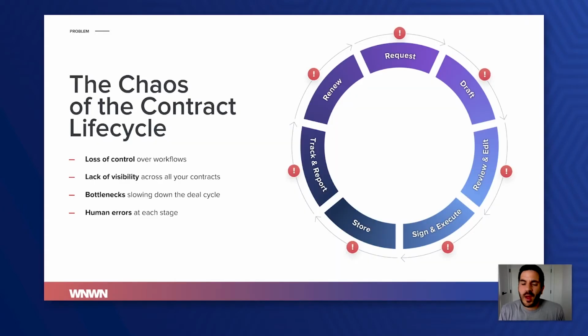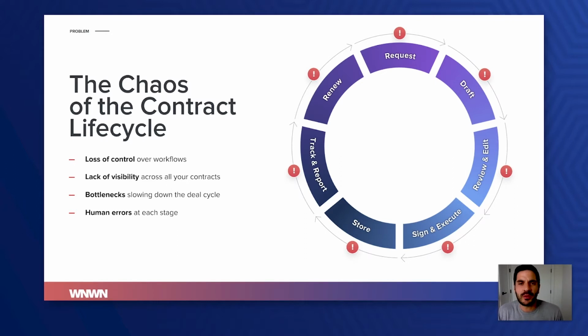So let me go back about 5 years. Outlaw's CTO, Evan Schneer, and I started Outlaw because we wanted to fix the chaos that happens within the contract lifecycle. As you might know, each of these stages can have multiple components, stakeholders, and workflows. When using manual or ad hoc processes to manage the lifecycle, legal teams experience a loss of control, lack of visibility, bottlenecks, and of course, human error at every stage. So Evan and I set out to build a better way.